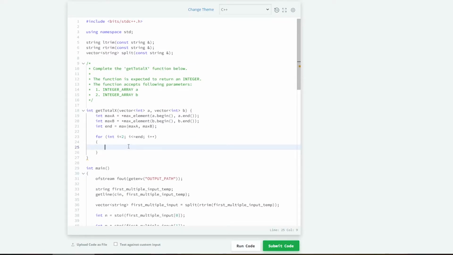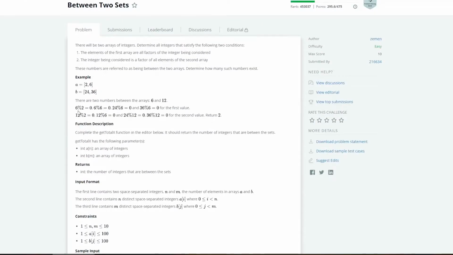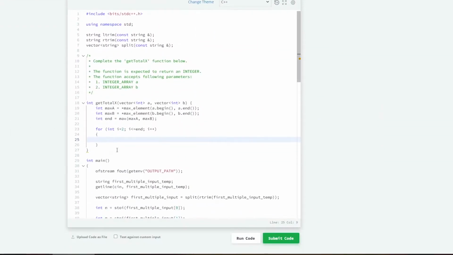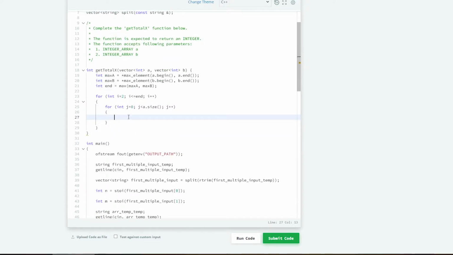And for all of these numbers, I have to check both of these conditions. So how do I do that? Well, it's already explained here. It's pretty simple. I just use the mod operator. So for the first condition, I need to check if all of the numbers in the first array are factors of the integer i in this case. So I'm just going to write for j goes from 0 to a.size, and then I'm going to say